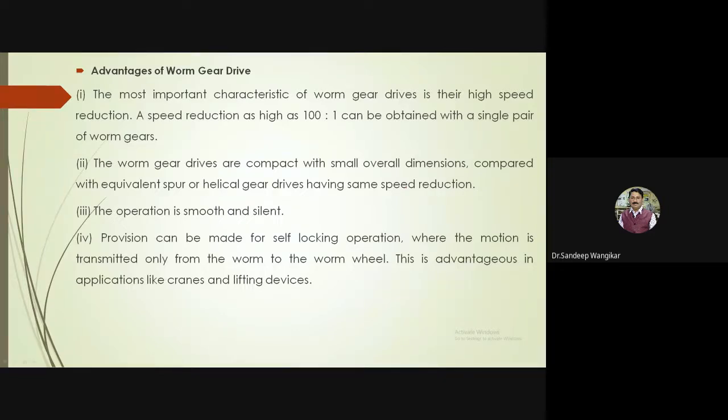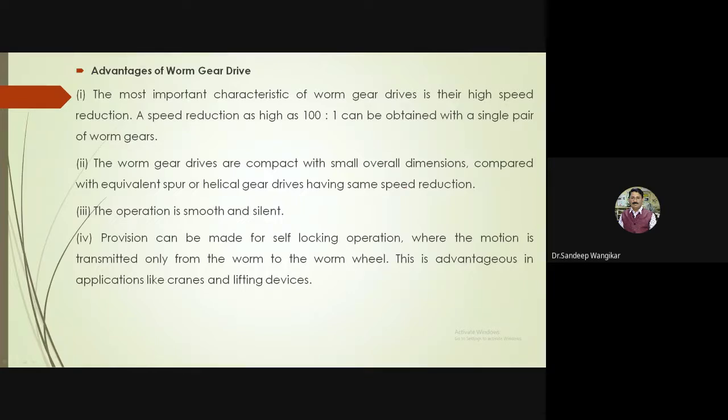Assume that a lifting crane is used in heavy industries. For example, a 150-ton crane. In this case, with self-locking, if anything fails, whatever is lifted by that crane will remain at that position. It will not fall down. Assume that a 100-ton load is there, and if it falls, there are chances of human life loss or financial losses. So whatever is lifted or lowered, whatever the operation is going on, only self-locking, only one-side motion transmission.